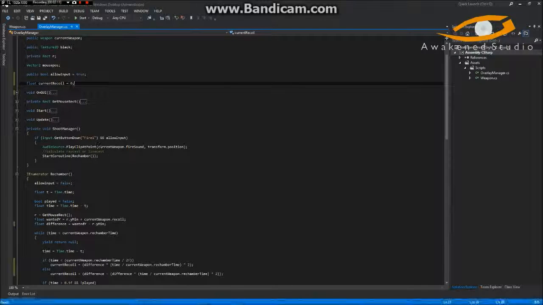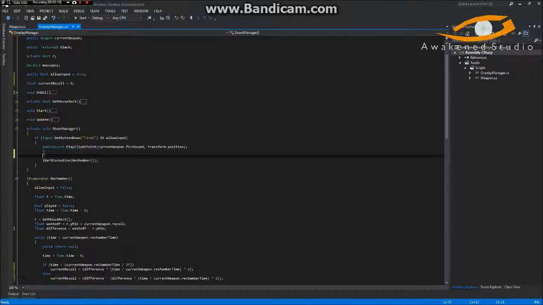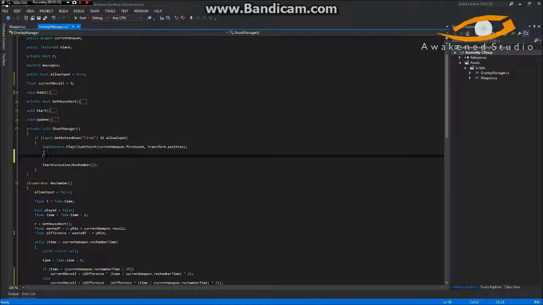Let's go ahead and begin our actual raycasting or line casting. I'm unsure of what I want to do right now, but in fact, what I'm going to do is we'll do a Physics.RaycastAll, and then we'll take in our transform.position as the start, and then the direction will be Vector3.forward. The distance we'll set to